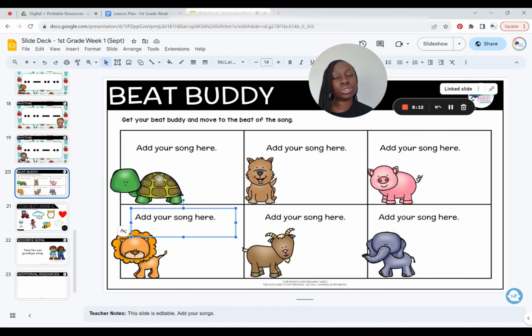Try to find songs though with a nice steady beat, because the whole point of the beat buddy is for them to bounce and move the stuffed animal to the beats, right? So you can add any song here and just have them choose whichever song they want to do the beat buddy activity to.